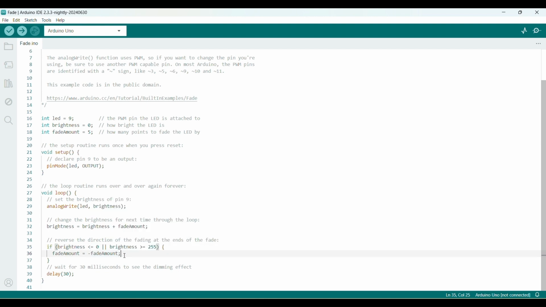And we are giving it a delay. So how the flow works is that firstly 0 plus 5 is equal to 5. Then this if statement will not work because the condition is false, because the brightness is 5, which is greater than or equal to 0. So this structure will not work, and then the delay is given. It waits for 30 milliseconds to see the dimming effect, and then again it calls the analogWrite function with the LED, and now the brightness will be 5. Then 5 plus fade amount 5, now the brightness will become 10, and this repeats again and again